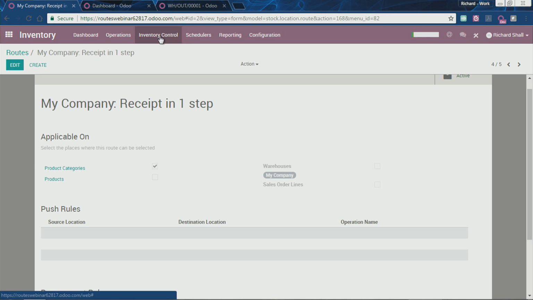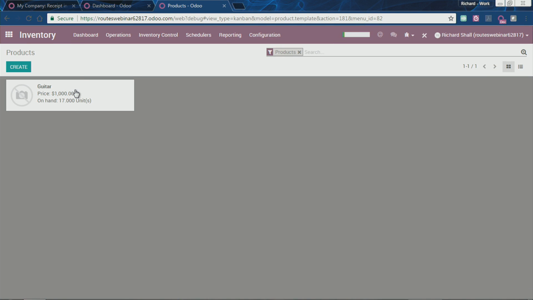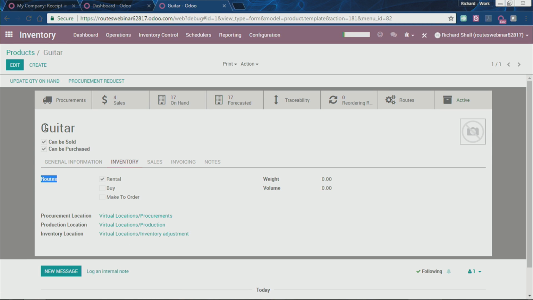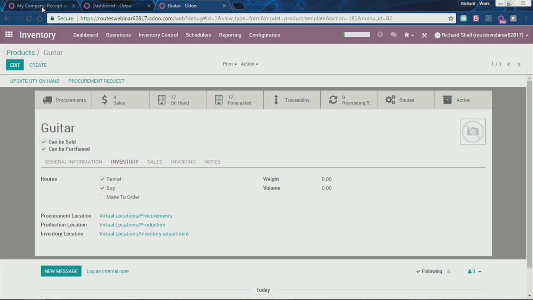So if I were to go to a product, I'm going to switch screens here again. I can go to my products, and in this case I have a guitar. And in the inventory tab of the guitar, you'll see the routes that are specified. In this product, I created a rental. We'll go into that in a little bit more. But how do I receive this product? That's why you specify buy. Make to order is a very special scenario that actually overwrites another scenario, and we can go over that just now. So going back to our routes,